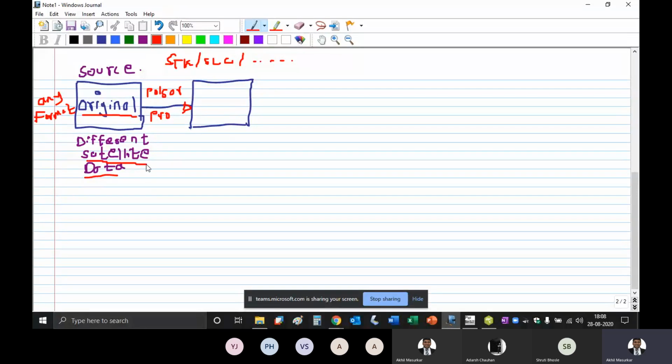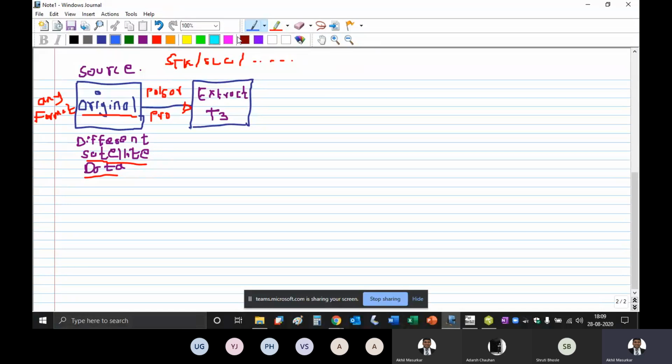From that, we do two operations. One is extract: we extract the image, and after extracting, we make the T3 matrix.